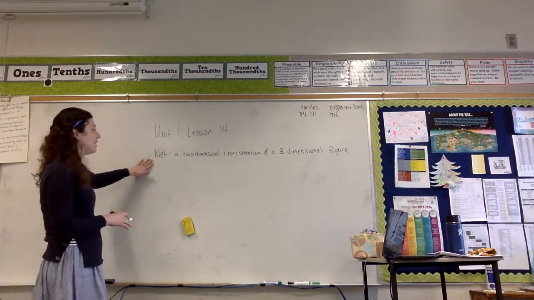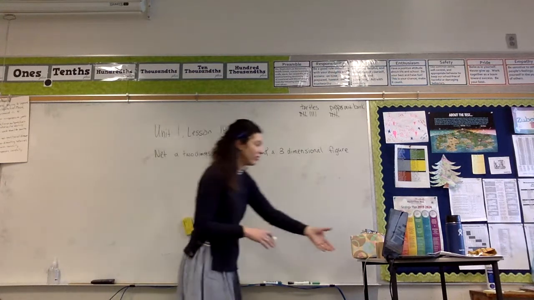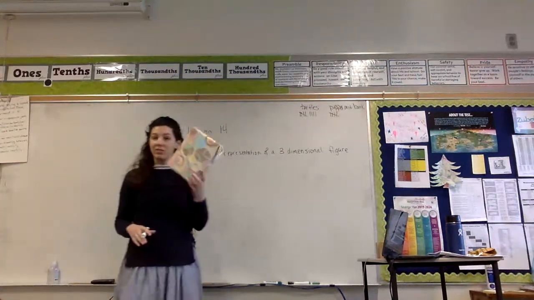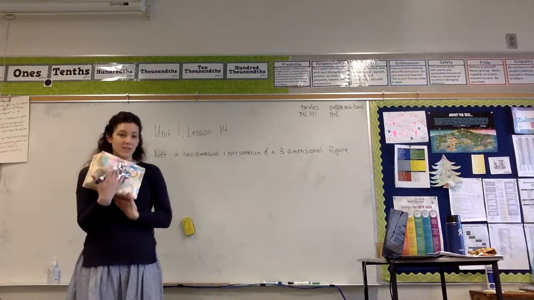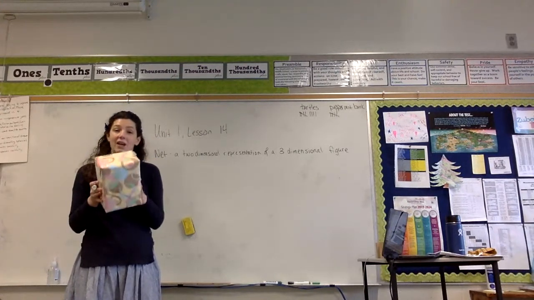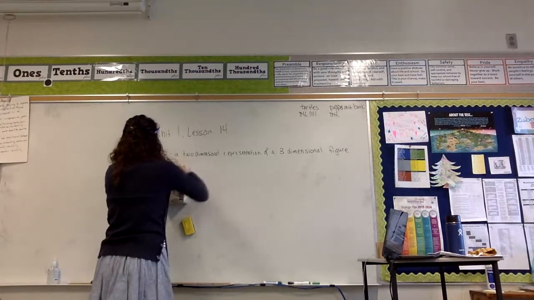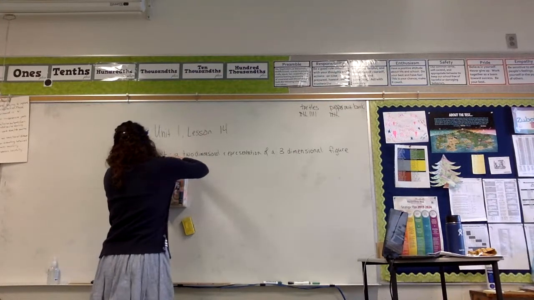So a net in math is a two-dimensional representation of a three-dimensional figure. So I have a three-dimensional figure right here. Minus the bow on top, this would be a rectangular prism. If I was going to draw the net for this, I need to represent every single side of this box,